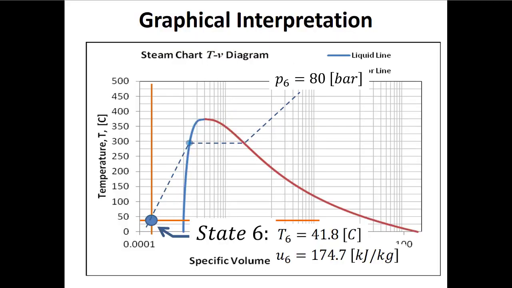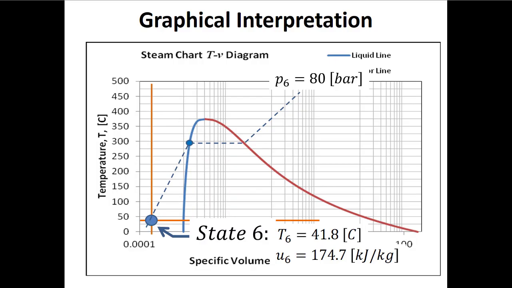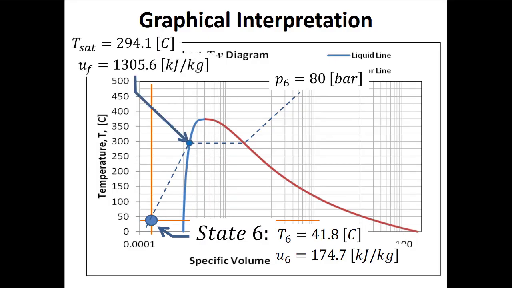So I could find the saturation temperature associated with 80 bar. So basically, what temperature does water boil at if I was at 80 bar? Now I would have two states, and they're both liquids, right? One is a saturated liquid and one is a subcooled liquid, but they're both liquids. So if I did this, I could look this up on either table A2 or A3